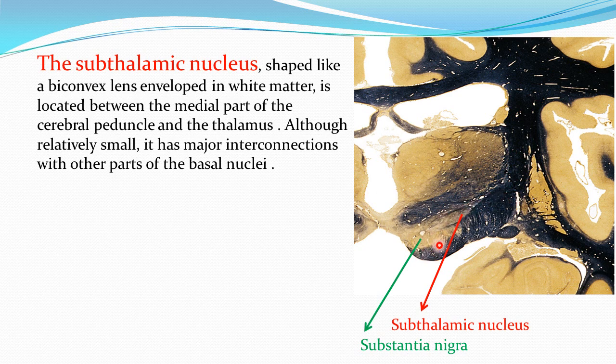This is the substantia nigra portion. This portion is the crus cerebri. Here is the substantia nigra. Okay. Here is the subthalamus. See the close approximation between the substantia nigra, subthalamus and basal nuclei. Here is the head of the caudate nucleus. This is the internal capsule. In this section, which is myelin stained, white matter appears black.